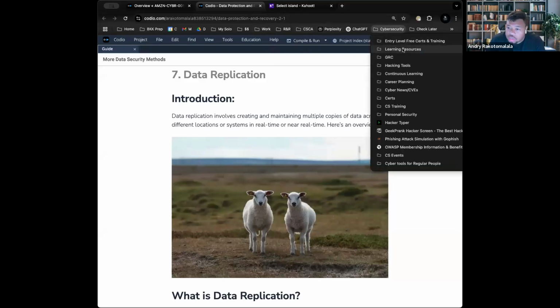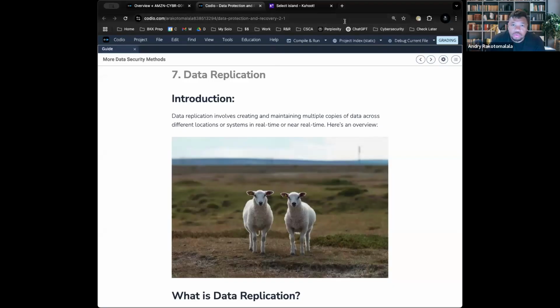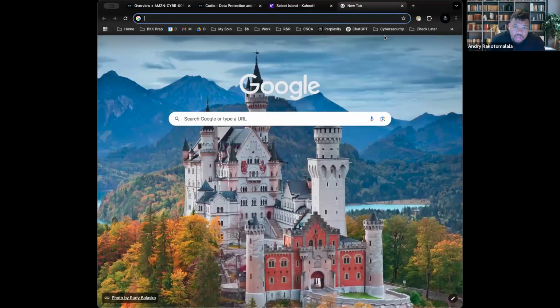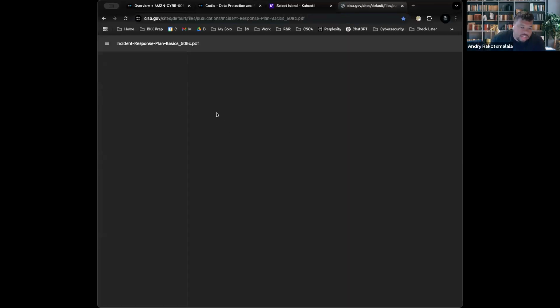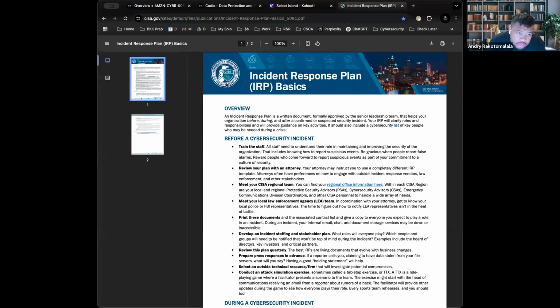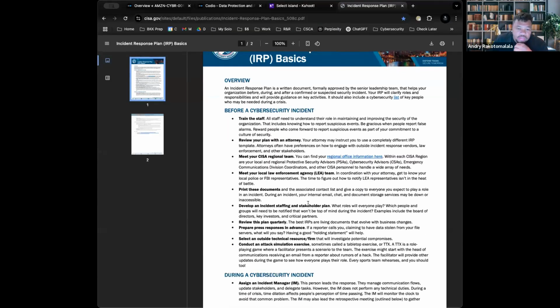So let me see where it is. I think, okay. So it would be this one. You guys all remember CISA, right? The Cybersecurity and Infrastructure Security Agency, CISA. So they have this, which has the basics of an incident response plan, what it should contain. They also give you specific recommendations of steps to do. If you dig, and I'll put this here in the chat for you all.